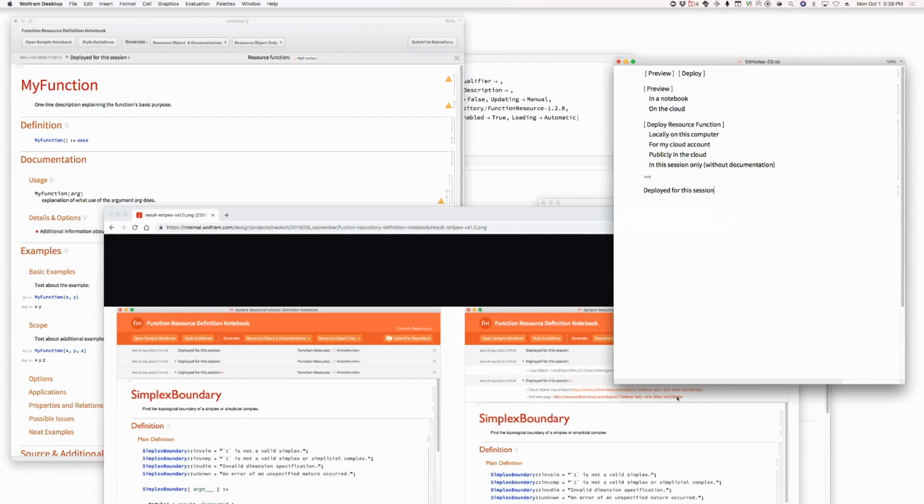Yeah. Temporarily deployed. I don't know. Temporarily deployed. No, because that suggests it might be even more temporary. Deployed for the duration of the session. How about deployed in the session? Then deployed